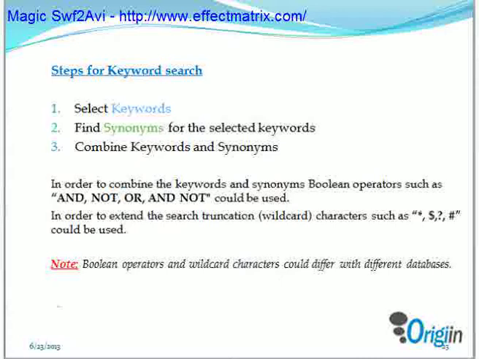For example, here dollar is a wildcard character used in USPTO, that is United States Patent and Trademark Office, wherein the dollar stands for a string of characters of any length. And in WIPO and eSpacenet, they use star, that is a string of characters of any length. And question mark signifies 0 or 1 character, hash signifies exactly 1 character.